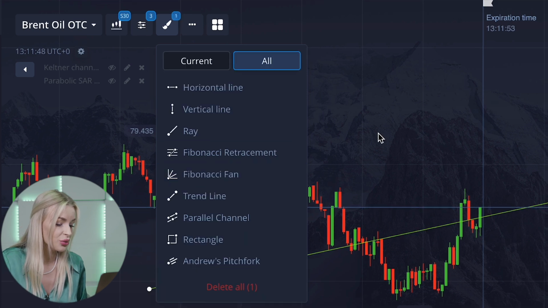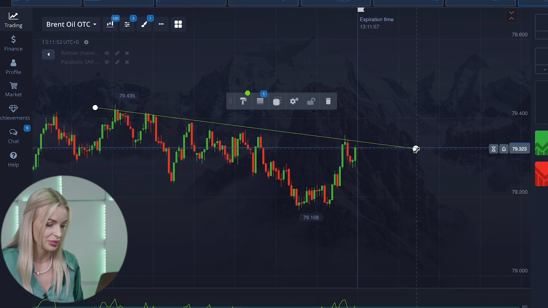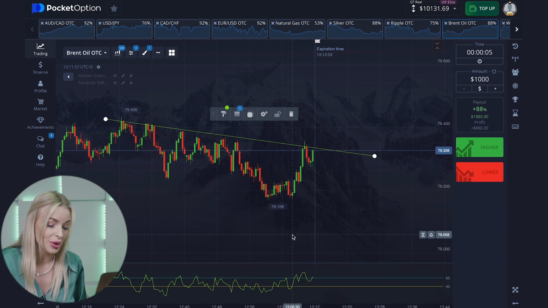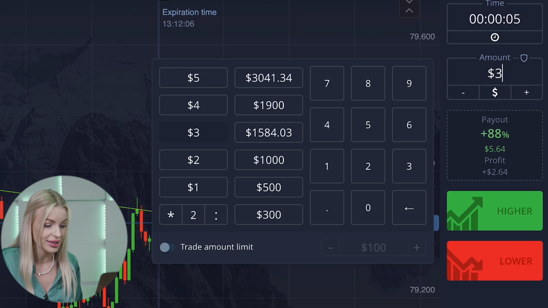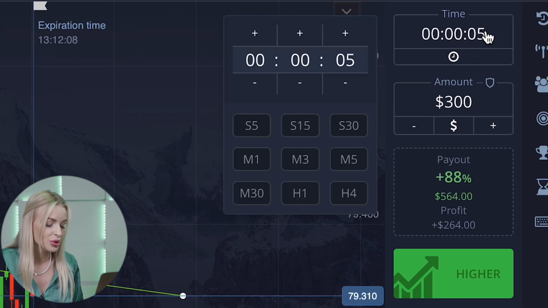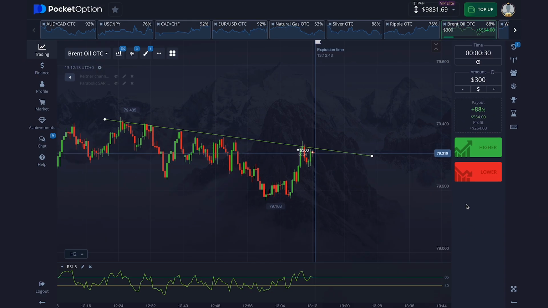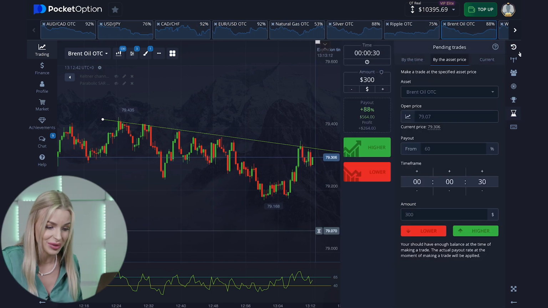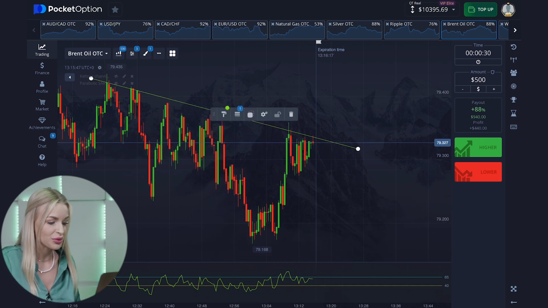All we need to do is wait for the right moment and start a deal. Let's watch the price movement. This is our moment of glory. The chart has crossed the upper line and the approach here is weak. This is the perfect moment to enter a trade. Let's start with an average amount of $300. We are going to enter on the downside. It's a good start. Our $300 turned into $564.